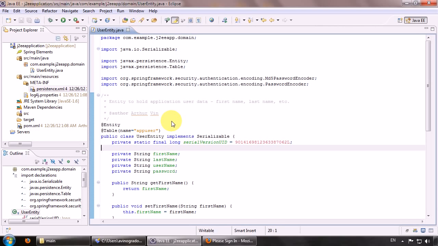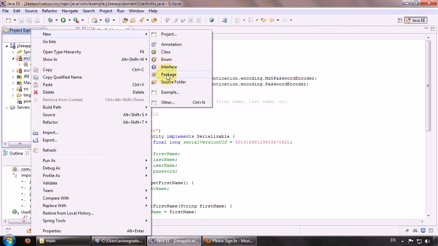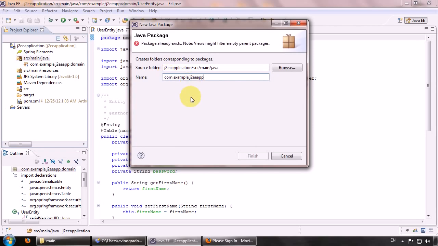and we will create a couple of similar generic helper classes that we will use in our application in future to organize the code in a more convenient way. We only need to do it once, and then we can just use it without any problem. So let's create a new package that will hold all our common base classes that will be used in our application, and I'll call this package commons.domain,